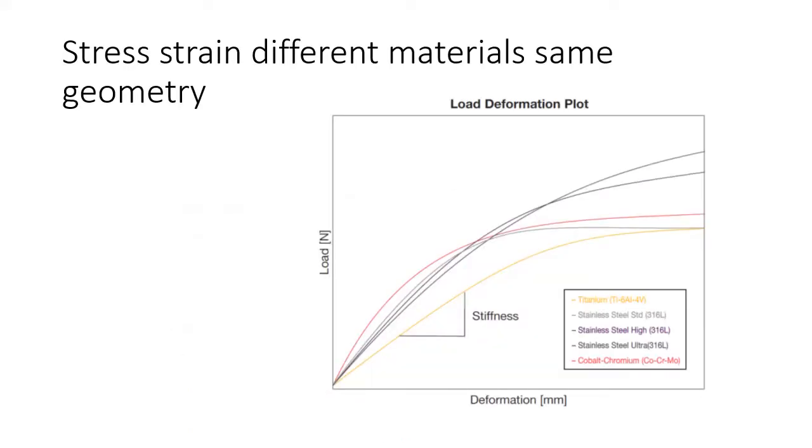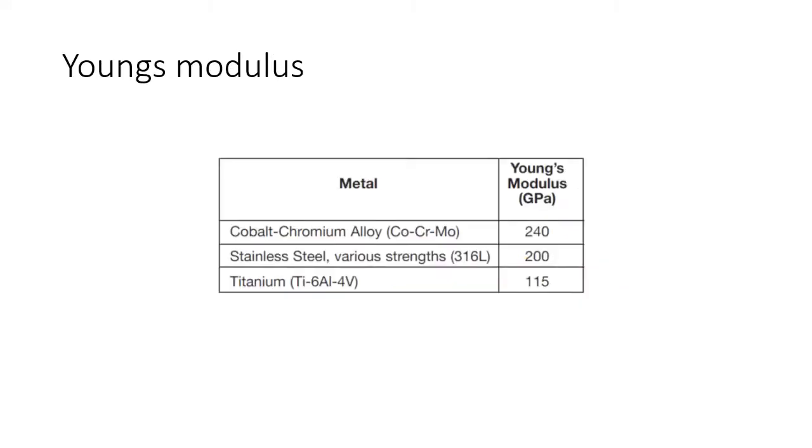This is a stress-strain curve for different materials of exactly the same geometry, and obviously to have a similar stress-strain curve you need the same geometry. You can see here that the stiffness is related to the deformation under load, and you can see that that changes according to the deformation. So titanium is somewhat stiffer than cobalt chrome. Young's modulus is how we quantify the stress-strain relationship and elasticity of materials. You can see here that cobalt chrome has almost twice the Young's modulus of titanium,